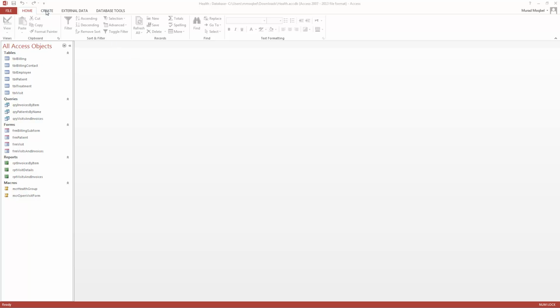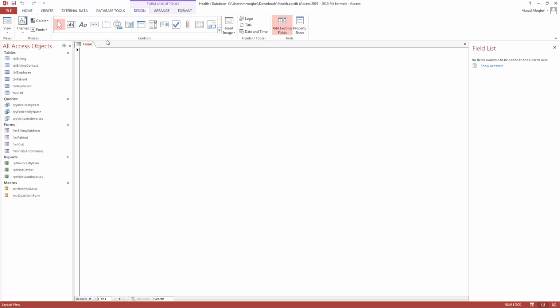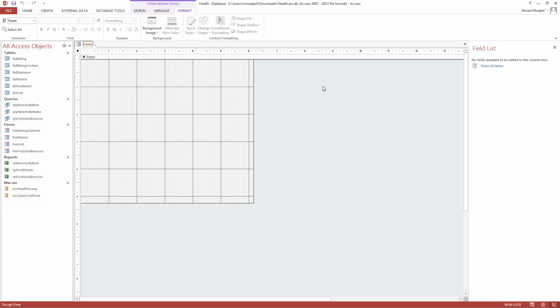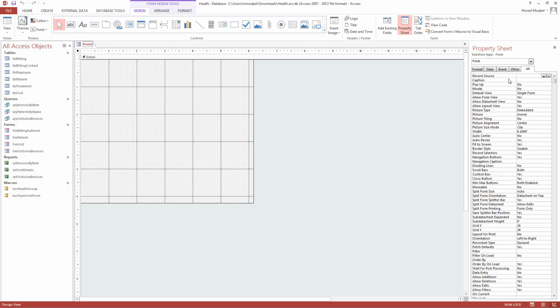So we will start with the form queries. To do that, we will click on create, and I will create a blank form in design view, and I can give it a name with the design properties. I'll give it FRM query list. So that's the name for this form, and next thing that I need to do